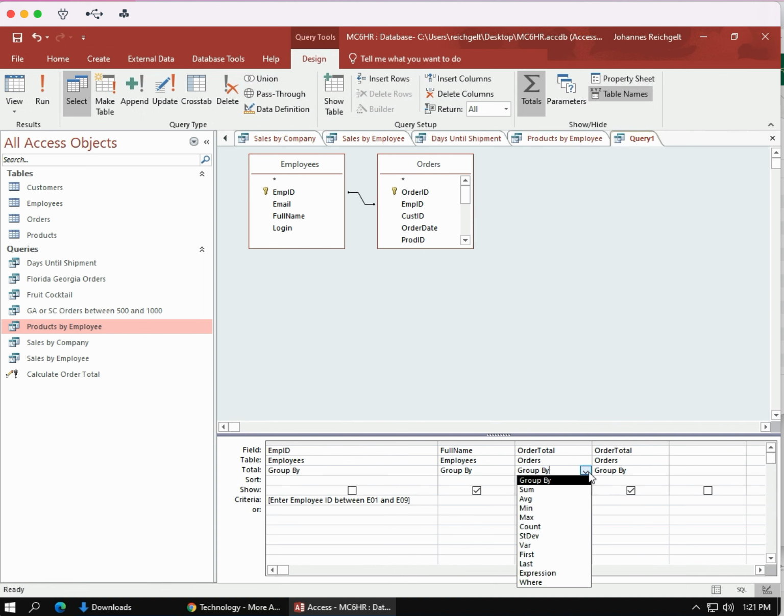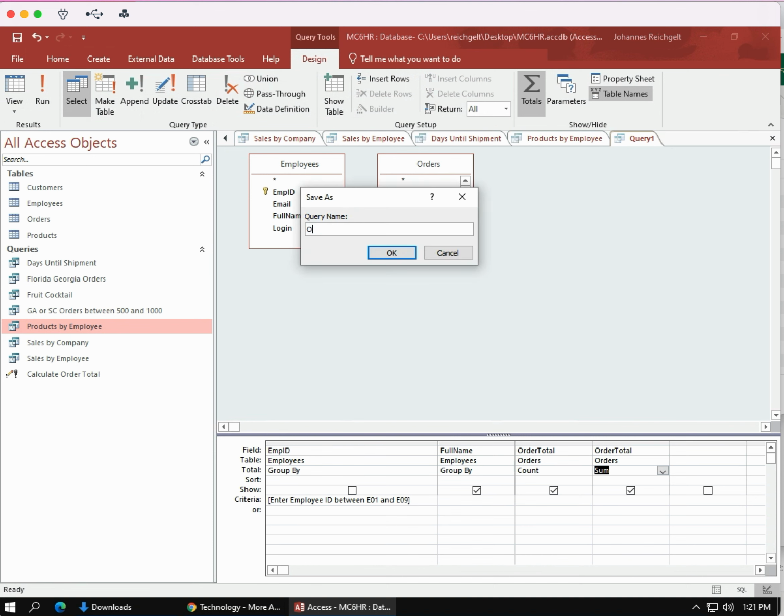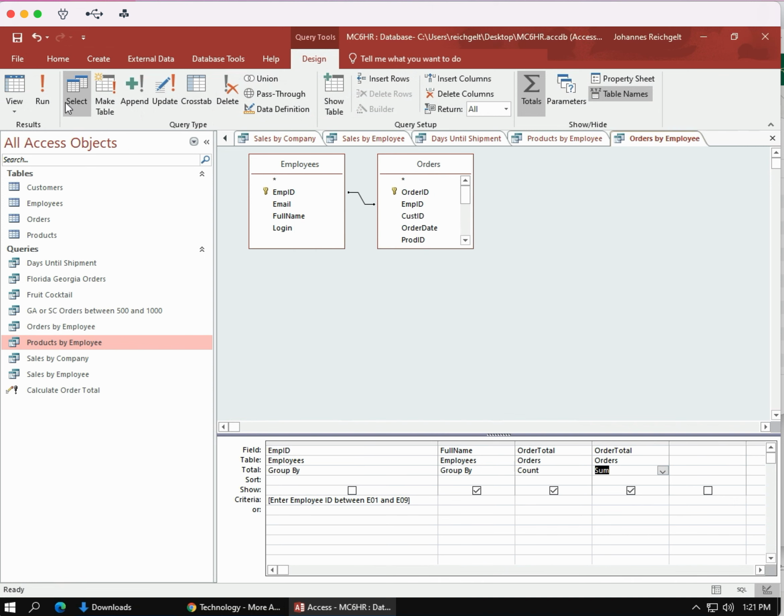The aggregation method on the first order total is going to be count. The aggregation method on the second one is going to be sum. And let's save this first as orders by employee. Okay, and now let's run it